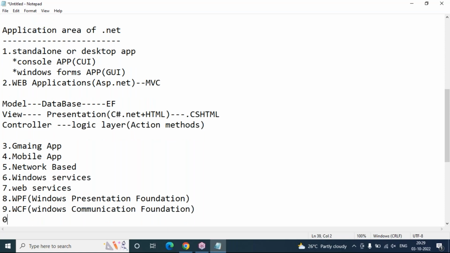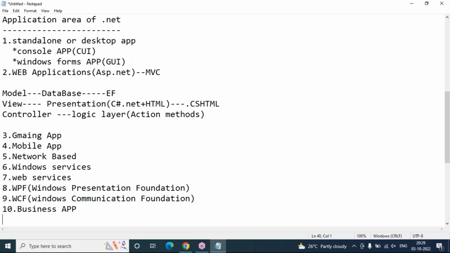If any business clients require services for their customers, if they come with requirements, we can fulfill the application requirement along with their business needs. So business applications are also possible to implement using .NET. So this is exactly the application area, and a lot more.